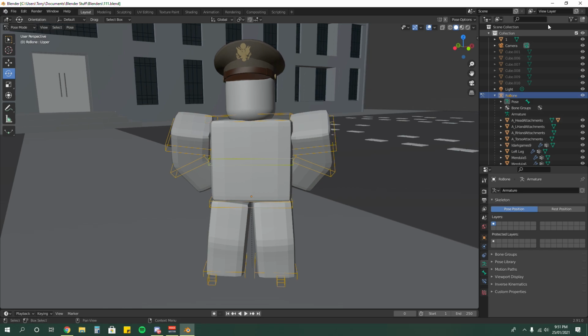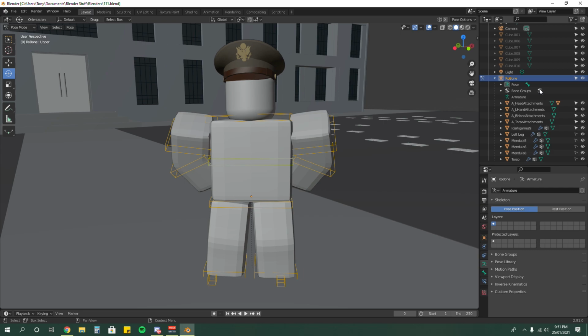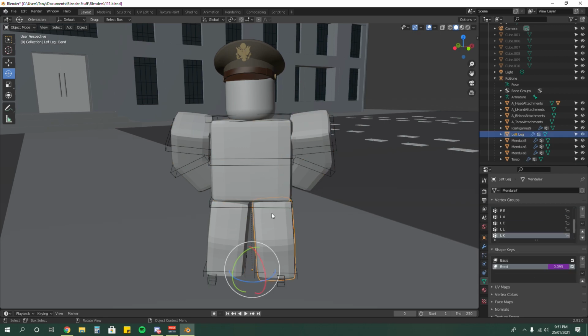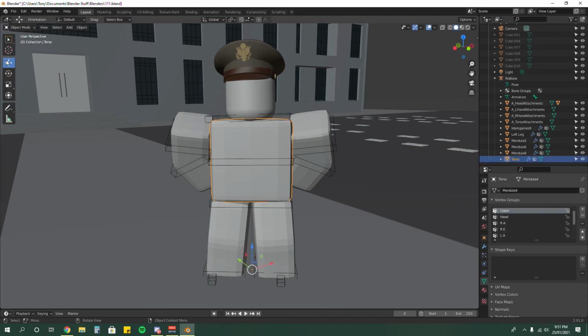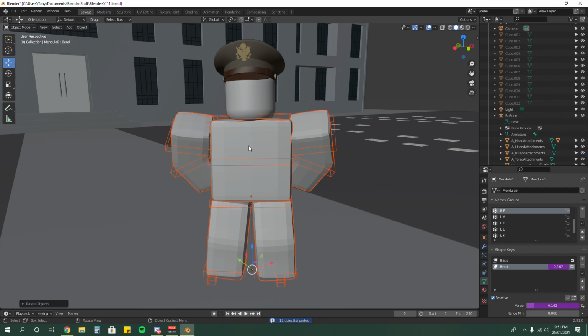So what you want to do is, if you see this little funnel up here, I don't know what it's called, filter, you want to select this as selectable. You want to make it selectable. And you see in the row bone section, you want to select all these. But make sure you're in object mode, so now you can select these individually. So you want to hold shift and then just select all these parts, and then control copy and then paste it. Voila.